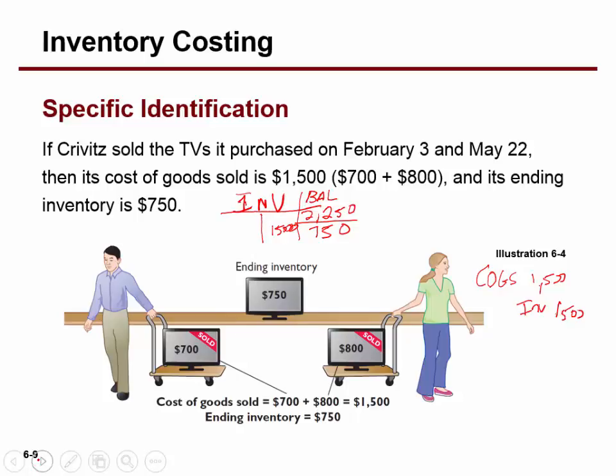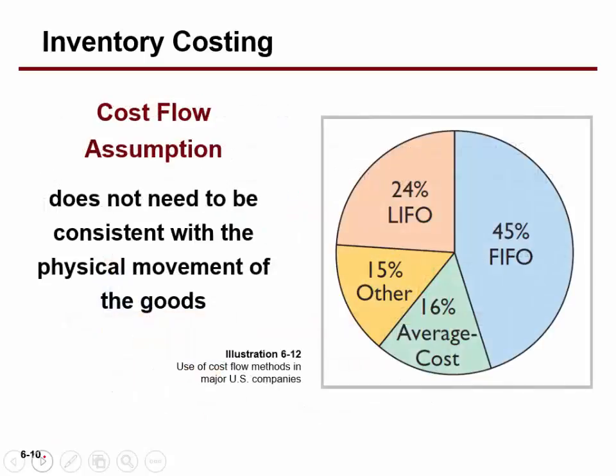Now, that's specific identification. Each time you sell something, you debit the cost of goods sold, you credit the inventory, right? Okay? Now, you take a look, and we have these cost flow assumptions. And again, we're going to talk about LIFO, FIFO, weighted average here tonight. And you notice that FIFO is the most commonly used. The reason FIFO is used most of the time is that it is the easiest method to use, not from a standpoint of a student trying to calculate it. I think weighted average is actually the easiest from a student standpoint,